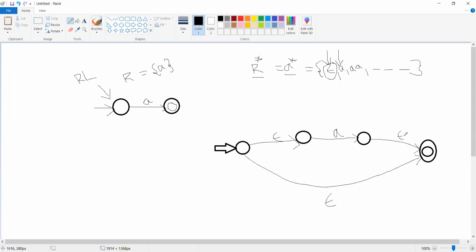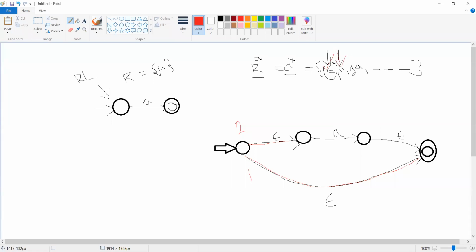Now please observe, now we got two paths. So this is the first path and this is the second path to reach the final state. If you go through this first path, then the input symbol which will be recognized will be epsilon. If you go through this path, epsilon into A into epsilon, what will it result in? It will result in small a. In the sense, now this string small a is also accepted.